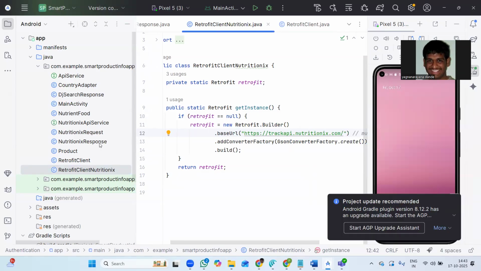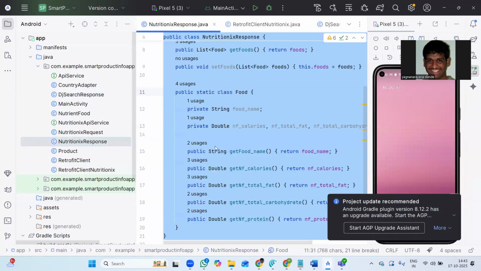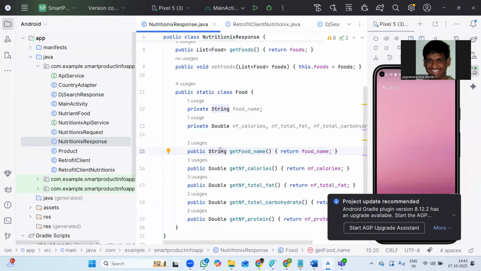Okay. Similarly, this morning we had DJ search response. Here we have Nutritionix search response. So one object will tell how the request will be, and one will tell how the response will be. And in the main activity,